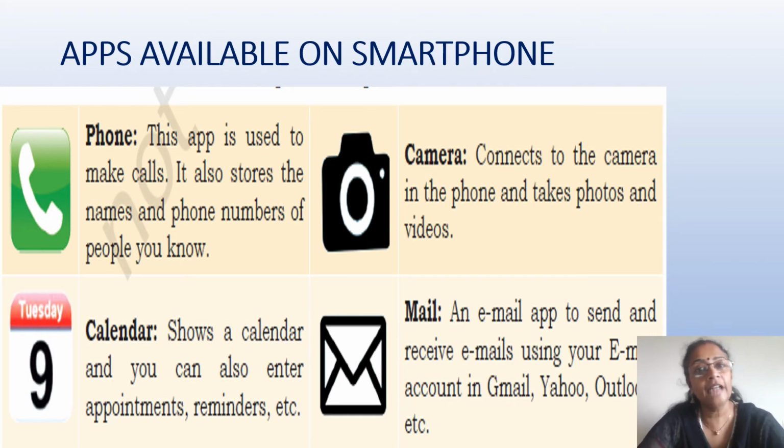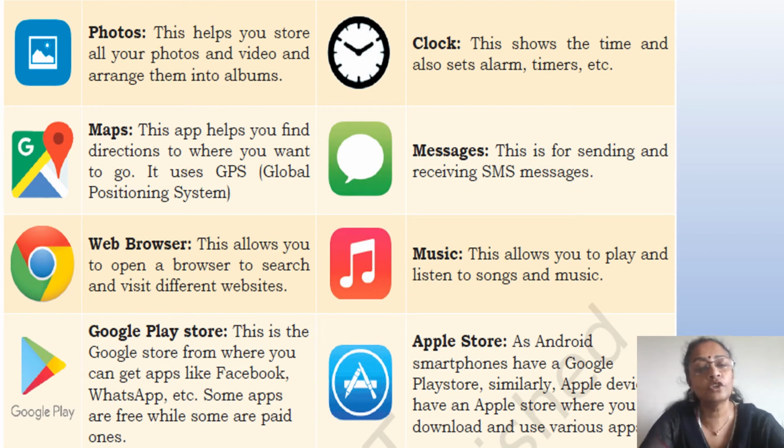The next important app is your email. You need not go to the laptop or desktop to check your mails. You can configure your email IDs onto your mobile phone and check your mails even when you are on the move. The next is the photo feature. There is a photo gallery in which you can arrange all your albums in different ways, so that you can get quick access to the photographs that have been clicked or downloaded.